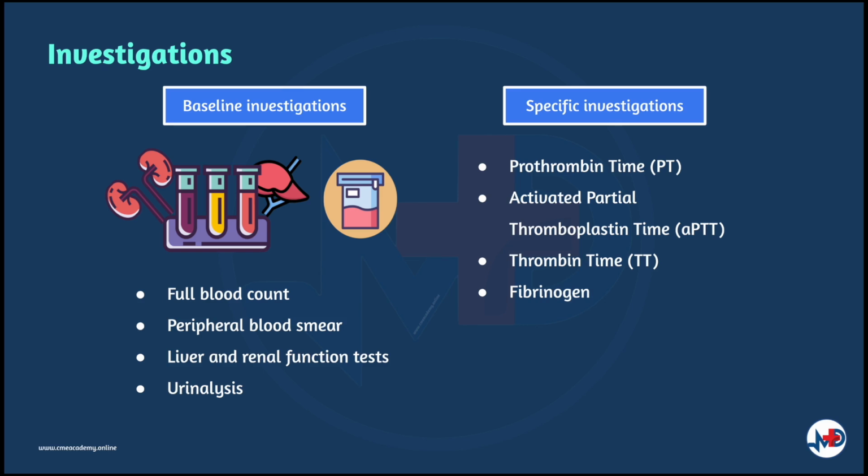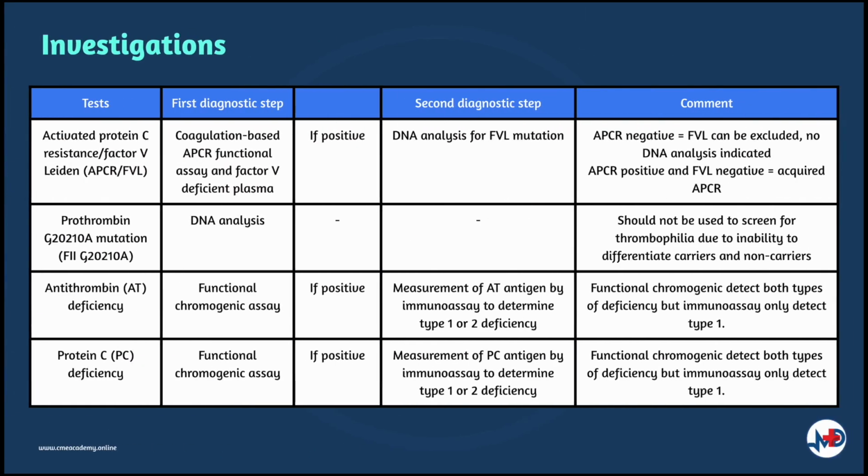And then you can also perform liver and renal function tests as well as urinalysis for patients with Budd-Chiari syndrome and nephrotic syndrome respectively. You can carry out coagulation tests including PT, APTT, thrombin time and fibrinogen for evidence of lupus anticoagulants or other acquired coagulation disorders. Stepwise approach related to assays and assay methods for individual risk factors, including thrombophilia investigations. Moving on, the image attached here is the immunochemical assay that can be carried out.